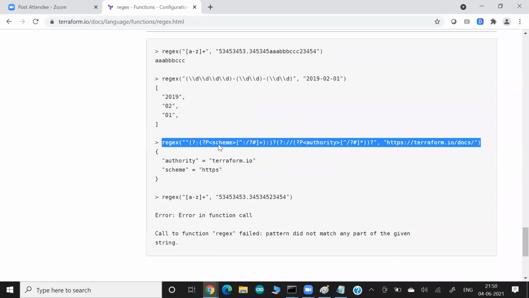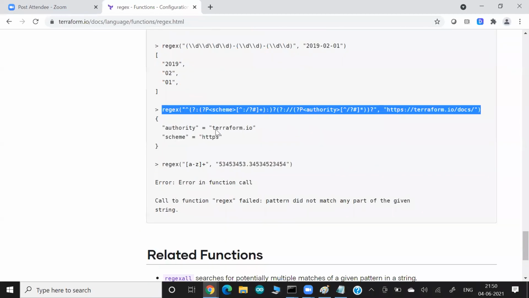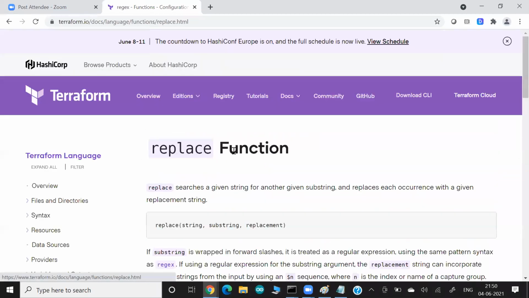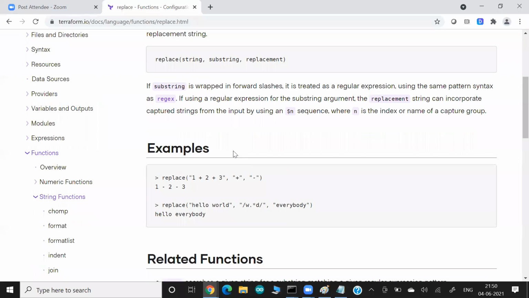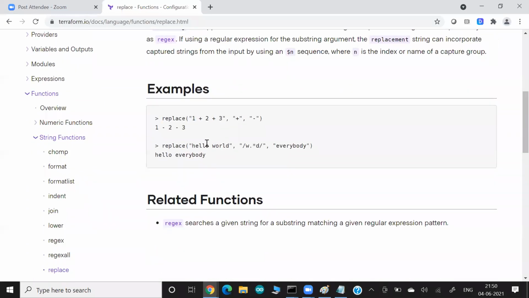But a lot of other functions also, guys, are based on regex. For example, one function is called replace. This function is purely based on regex. For example, we have this hello world string, and before I use hello world, I want to change this string to hello everybody. So how can we do it? We say, just search for a word, that's called hello here, then whatever comes after it, replace it. So if I say here,